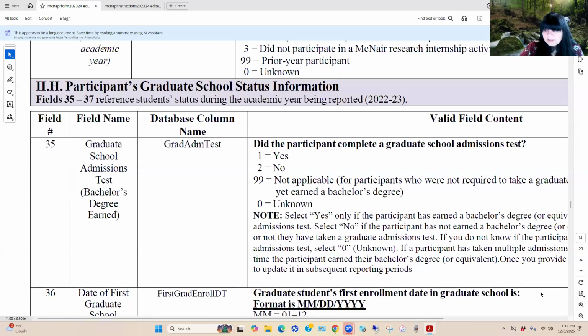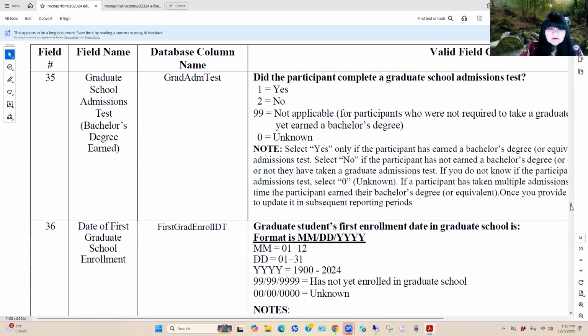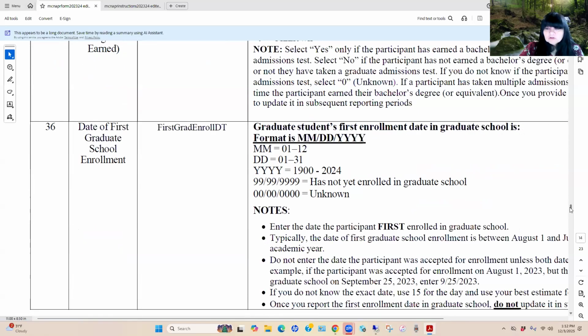It's a no. In field number 36, here you'll identify when the student first enrolled in graduate school. You'll also notice you have an opportunity to respond with the 999 value to indicate that the student has not yet enrolled in graduate school.